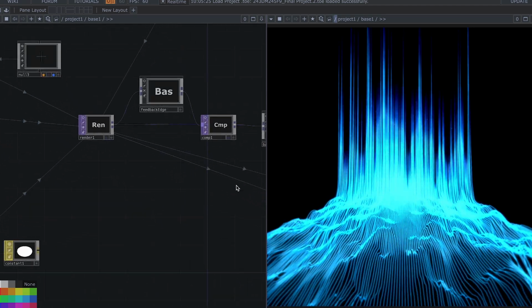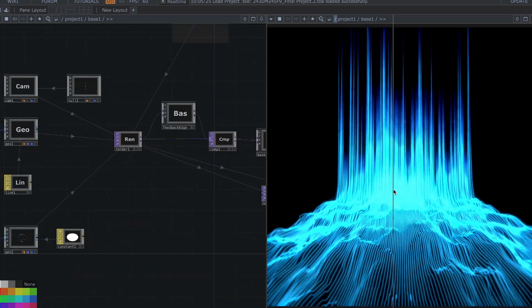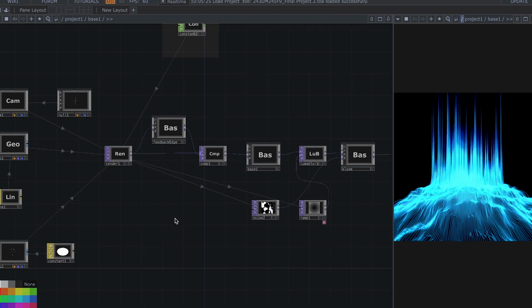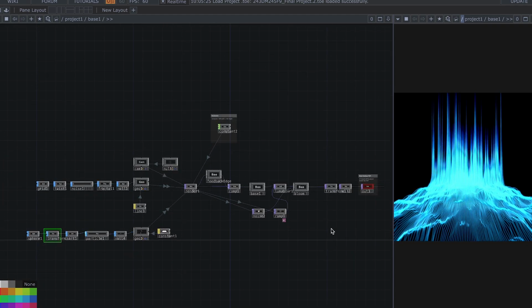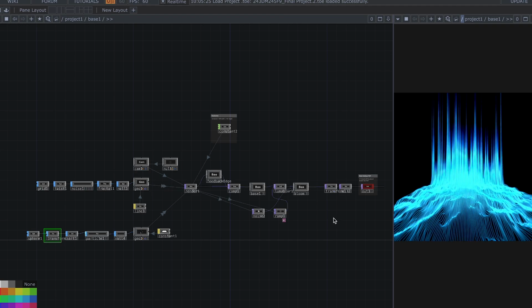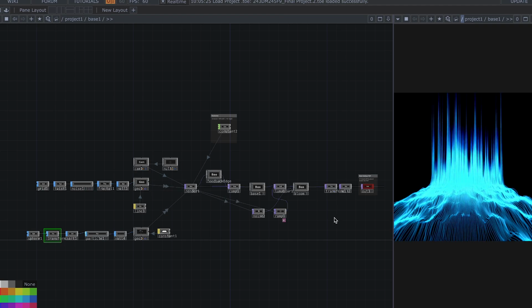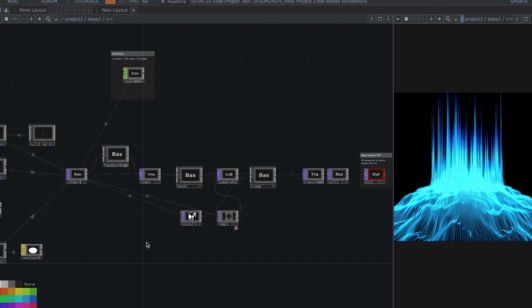For the visual effect and composition, let me minimize this first. So the scene is animated with smooth continuous motion achieved through the timeline 1 and loop controls.